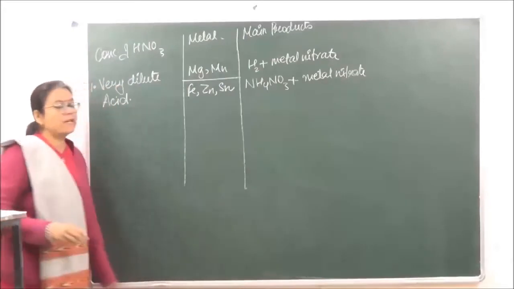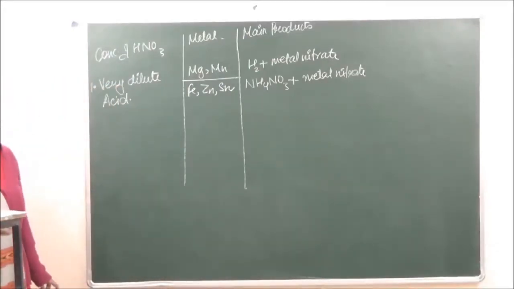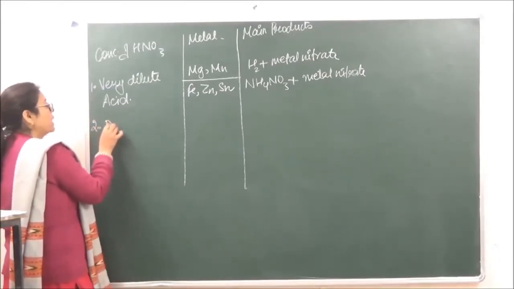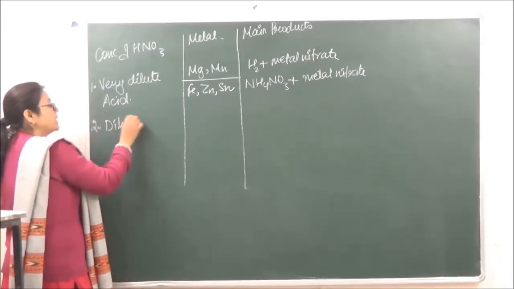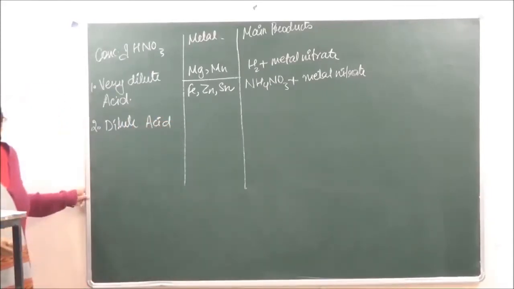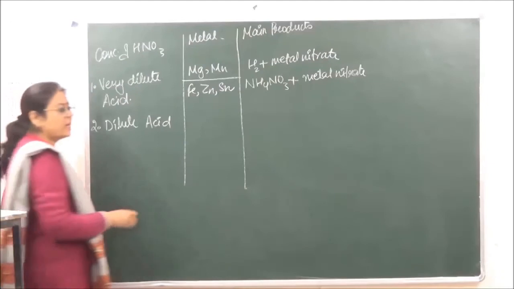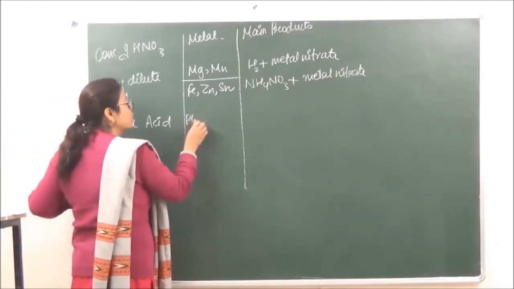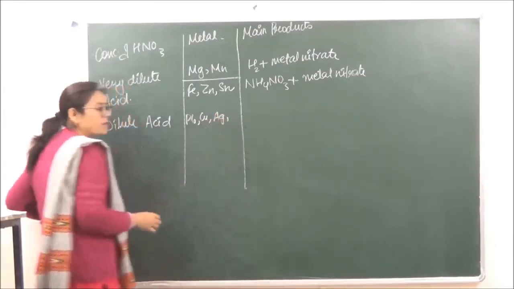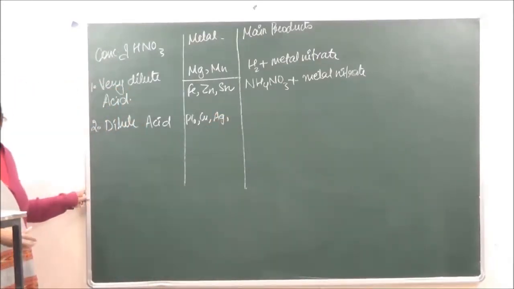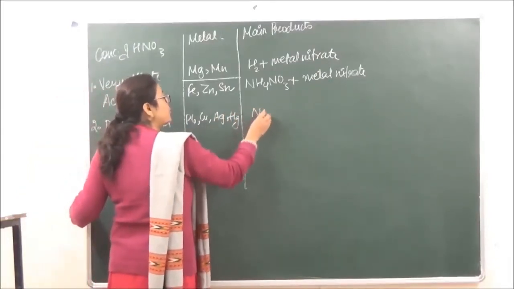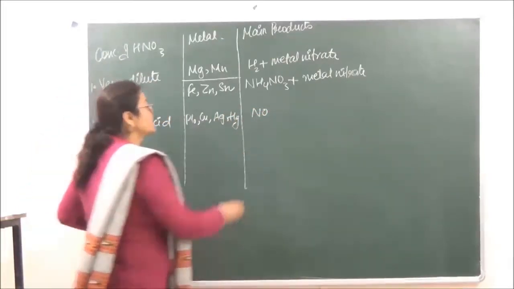Ammonium nitrate plus metal nitrate. And after that, the second type of reaction which we are doing is with dilute acid. Dilute HNO3 we are taking. In this case, if we are reacting it with lead, copper, silver and mercury, we are going to get nitric oxide plus